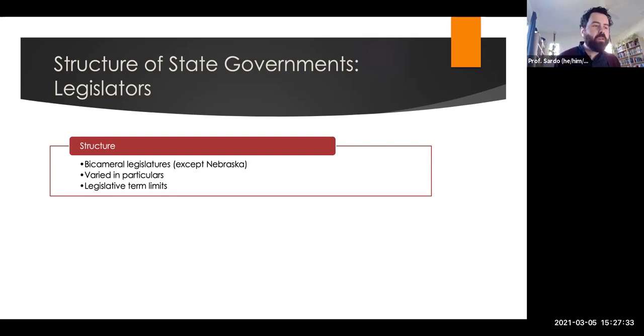And so the size of these institutions can have lots of impacts on representation, right? Larger bodies have smaller legislator to constituent ratios, but larger legislatures also can make policymaking more complicated, right? It's harder to get bills passed when there are more potential veto points, more people that you would have to convince to vote for the bill.